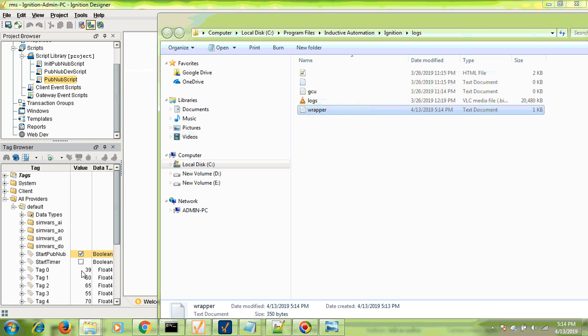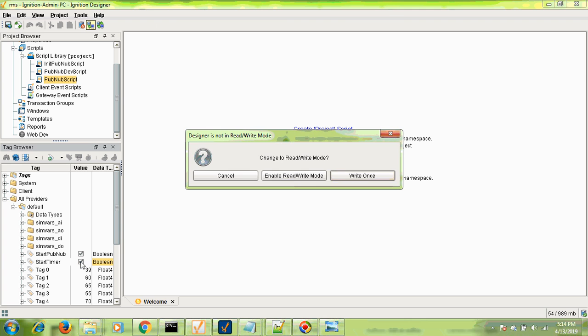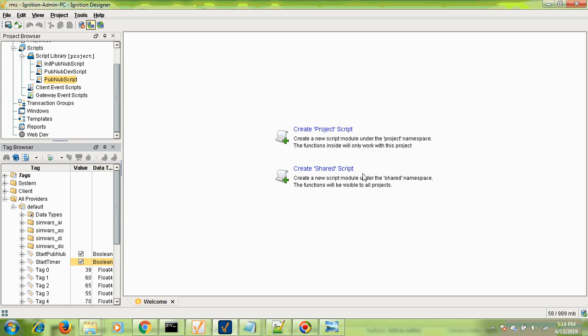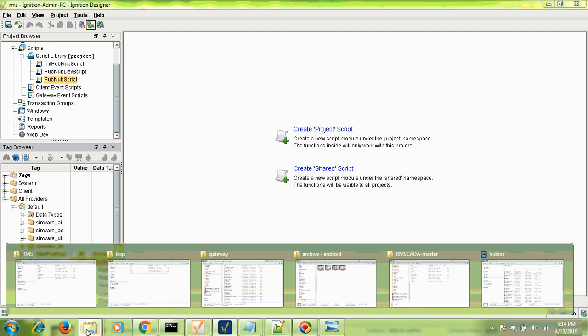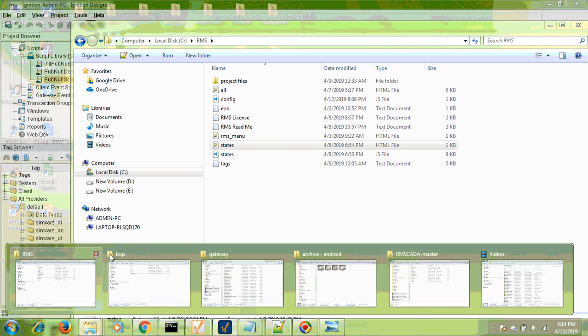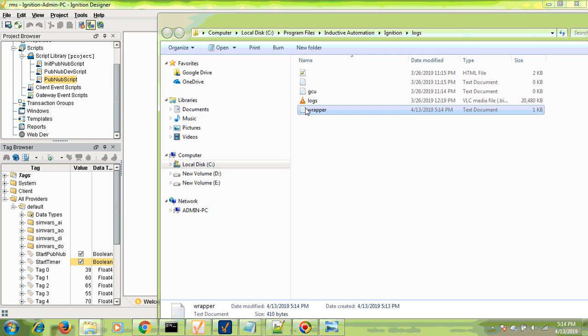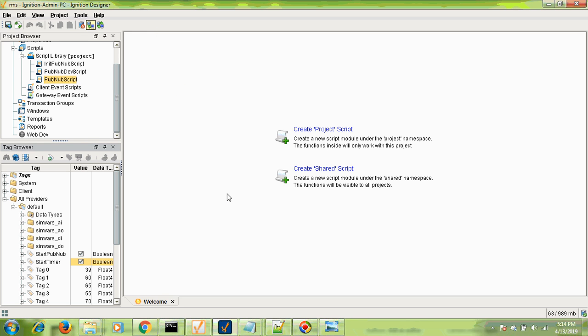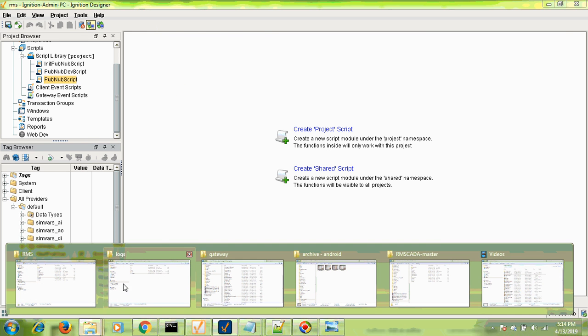Next step is to start a timer. It will start a 5-second timer in ignition, which will publish the dashboard packets onto the PubNub. So again, have a look at the wrapper file. It says setting the timer on. So now the packets are getting published, and in order to visualize those, you have to